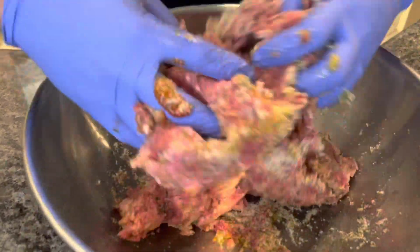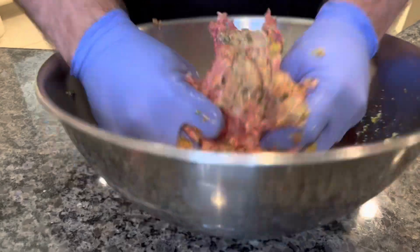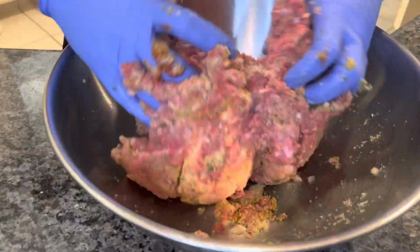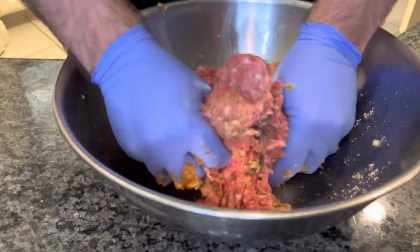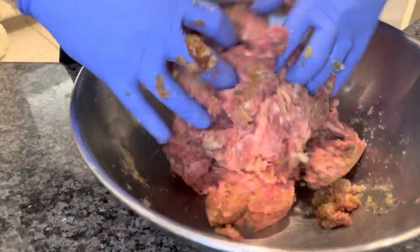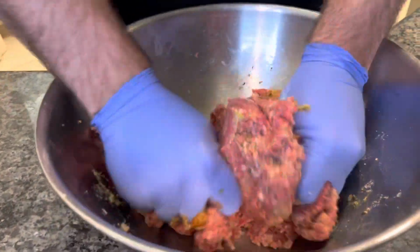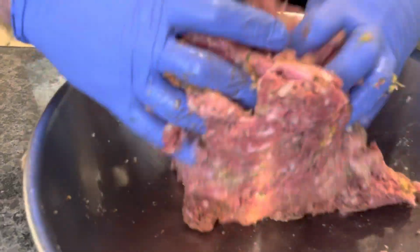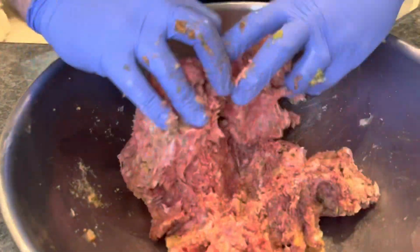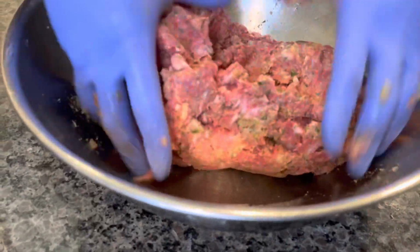I love meatloaf. It's just one of those good comfort foods, especially on a nice cool night. Goes really good with potatoes, mashed potatoes, and tonight we're gonna make smashed potatoes, which we're gonna film that too, so you'll see that recipe. If it's not already up, you'll see it in a future video. So just make sure everything's incorporated, and we'll be right back with you when we get it in the meatloaf pan,